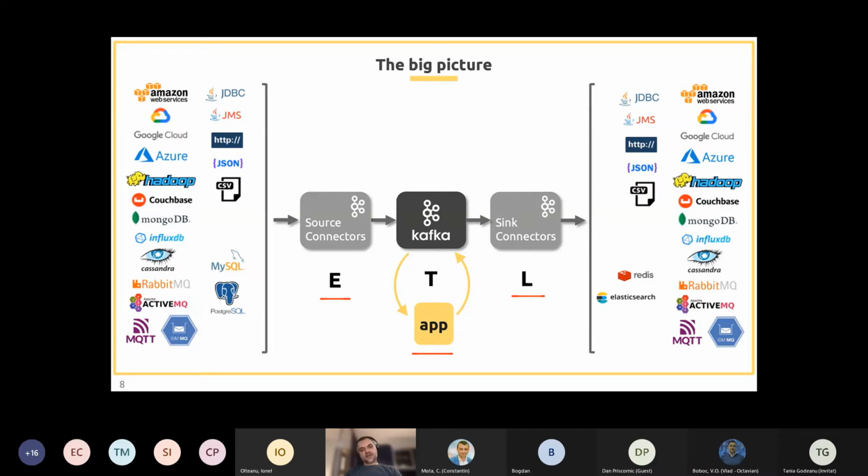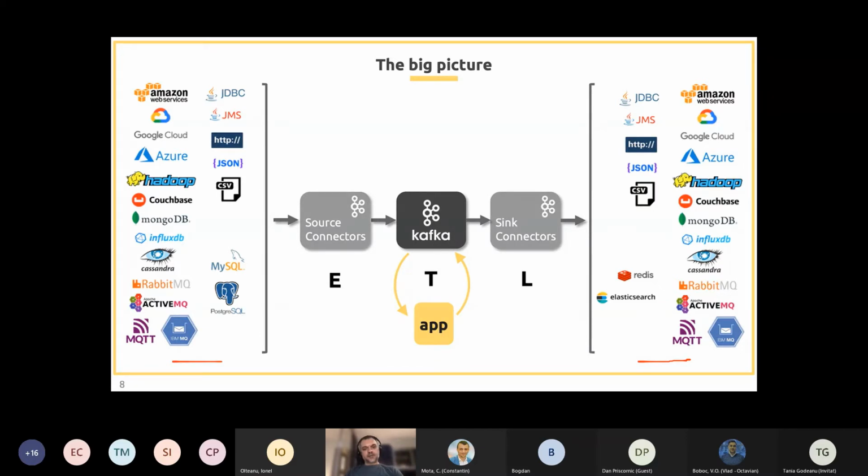And there is a more specific use case for Kafka Connect, where in the source we have a Kafka cluster, and in the destination we have another Kafka cluster. And we can replicate topics or even entire clusters from one Kafka cluster to another, or we can aggregate multiple topics from a source cluster into a destination cluster. And here are some specialized connectors like Confluent Replicator or MirrorMaker too.